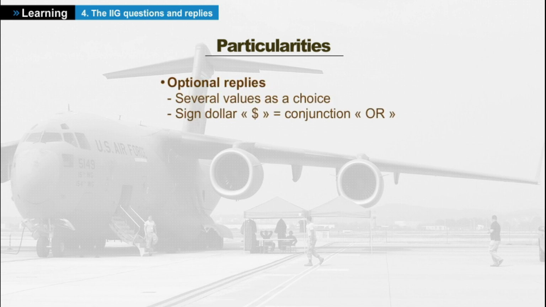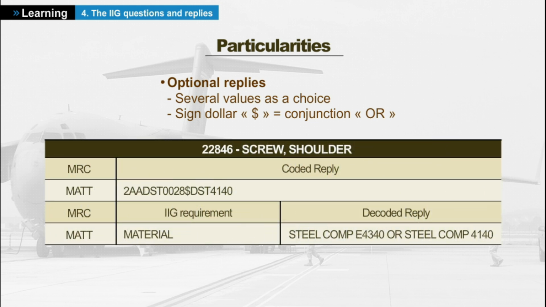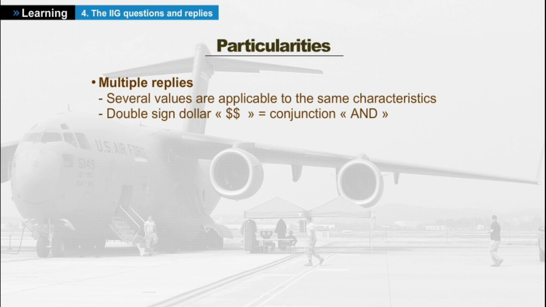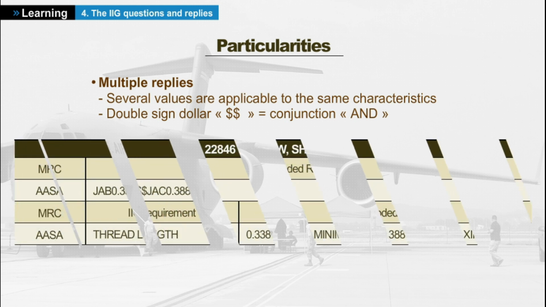Here are some peculiarities regarding reply structure. Optional replies when there is more than one potential value that can be appropriate for the same characteristic. In this case, the values mentioned are separated by conjunction represented by the $ sign code. Example: Multiple replies when the same requirement has several values that all apply to the same characteristic of the item of supply. In this case, the values mentioned are separated by conjunction represented by the $ sign code. Example: